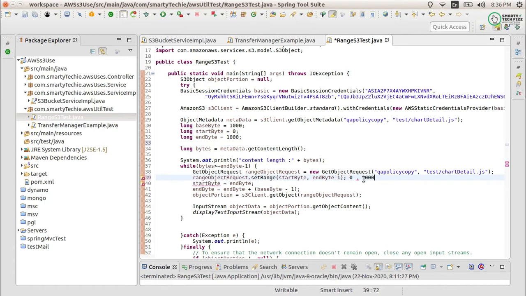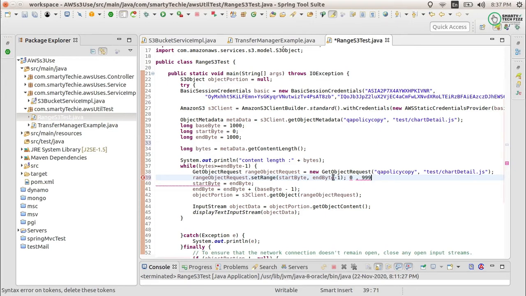Firstly it will download the 0 to 1000 bytes, meaning up to 999. Obviously we have a large file, so it will have more than 999 bytes.